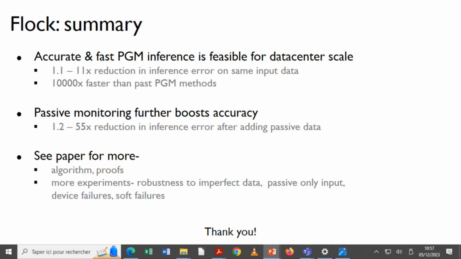So there are certain conditions under which that is true, and that's mostly true for most practical cases. The condition is that there should be a large gap between the drop rates on the failed link and on a good link. If the gap is not large, then the algorithm can get confused and what you're saying might happen. But if there is a large enough gap, then that does not happen. So that's the condition. But in general, yeah, you're right. It won't work for any PGM out of the box.